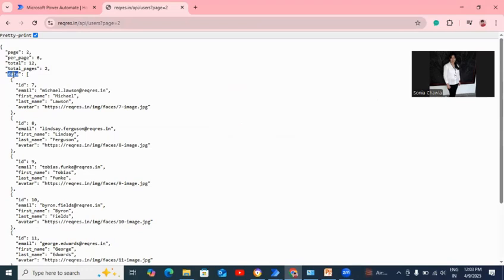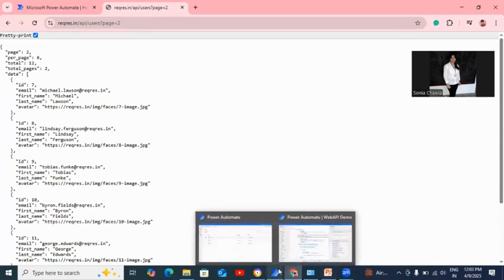We are using this data only. Otherwise, if you use the page, you will get 2 per page, 6. But in data we have nested JSON data, so we are using this data.